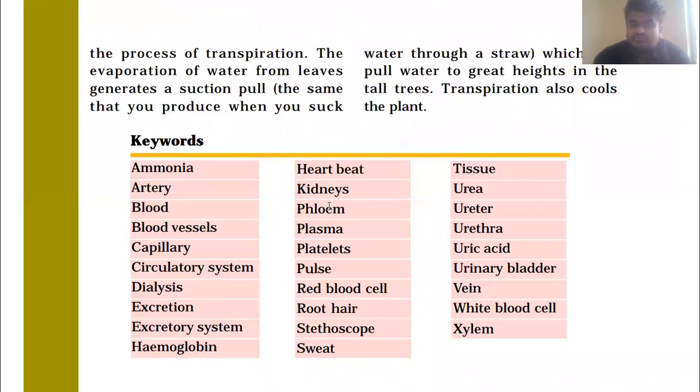The evaporation of water from leaves generates a suction pull. It is the same as when you have sugarcane juice or orange juice or any liquid and you use a straw, then you suck the juice from the glass. So the evaporation of water from leaves generates a suction pull, the same that you produce when you suck water through a straw,